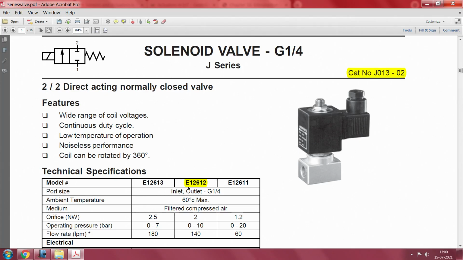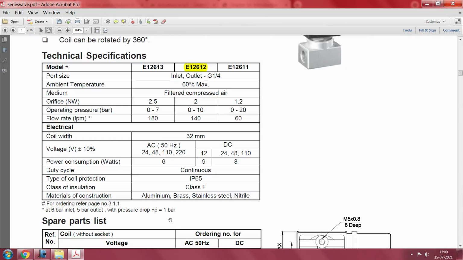There is a nice specification here. It says this is a DC 8 watt solenoid valve, it consumes 8 watts of power, and its duty cycle of operation is 100%. That means it is giving you either on or off, that is what it is trying to tell you. There is nothing like you can keep it in the middle position. So, essentially that is its operation.